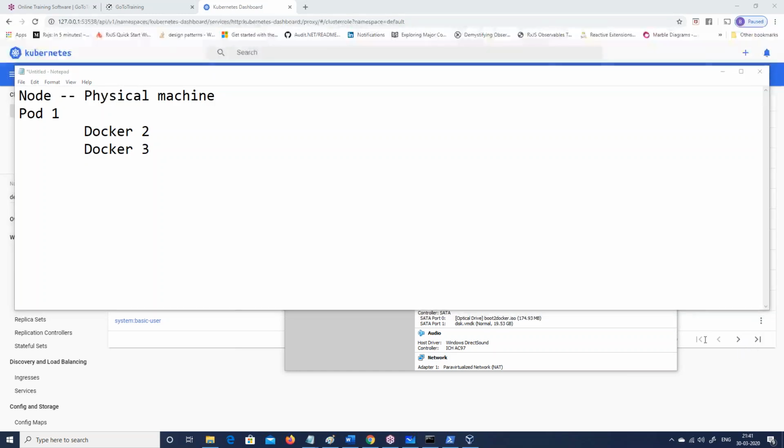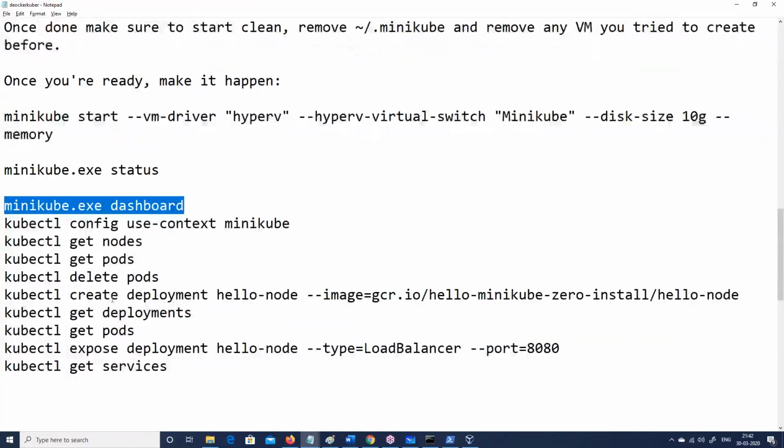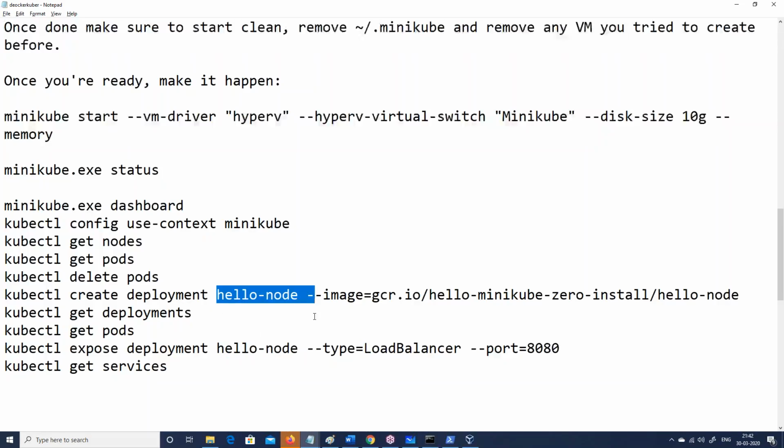Can we drop a Docker image into a container pod? Yes, absolutely. You can drop a Docker image into a container pod. When you actually create an image, this is a good question. So the command was like this. I said here, create deployment, right? There are 2 commands, create deployment and expose deployment. Create deployment actually goes and creates an instance. Expose deployment actually exposes this hello node on an IP address so that people can see it, right? This one here makes only a physical node pod, which is accessible only on that machine.